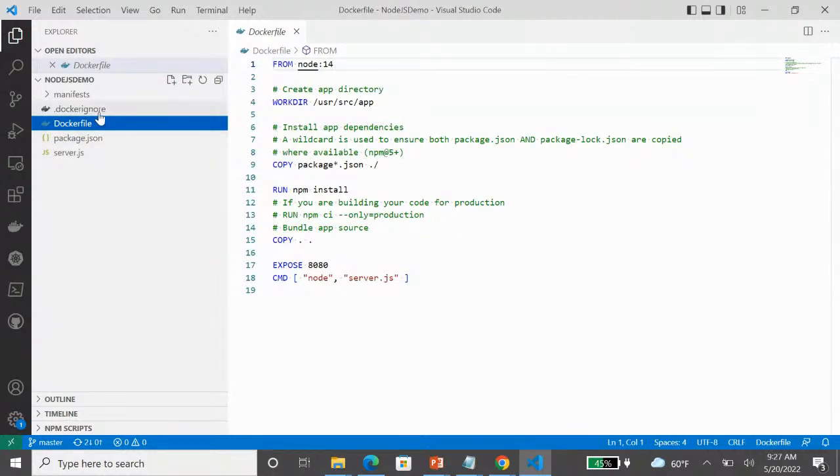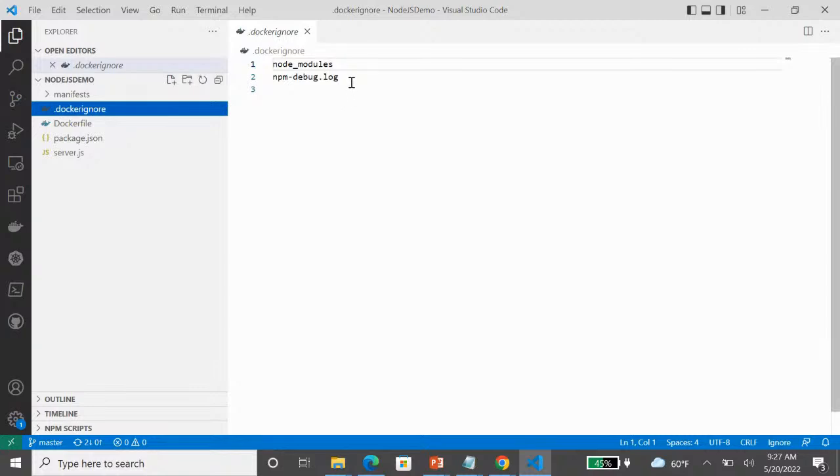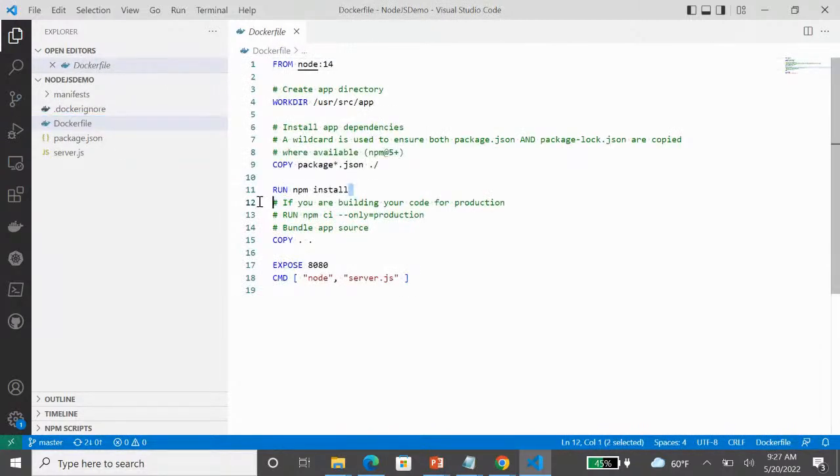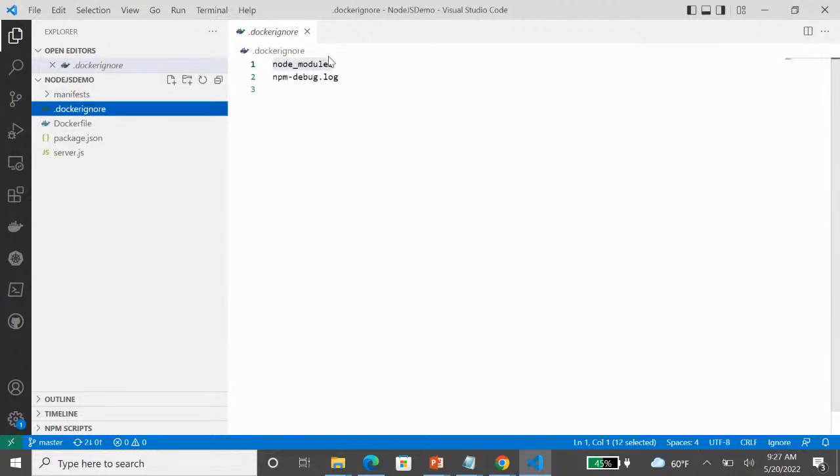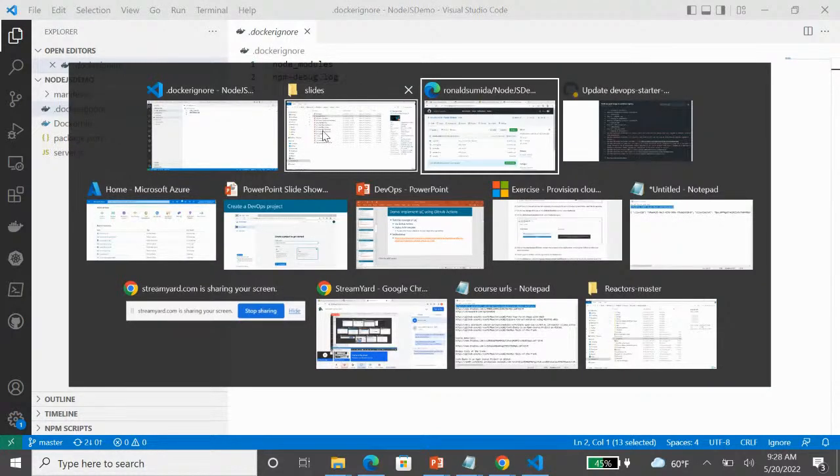The .dockerignore is so that it doesn't put the node_modules folder into the container, because that contains all the libraries, and they can be regenerated automatically when, in the Dockerfile, you run npm install. Because we're going to run this, it regenerates the content of the node_modules folder, so there's no point in putting it into the container itself. That's why we put it in the .dockerignore file. And this instruction here does the same thing with the log files, because why put those into the container itself, right? So what I did is I first created this,